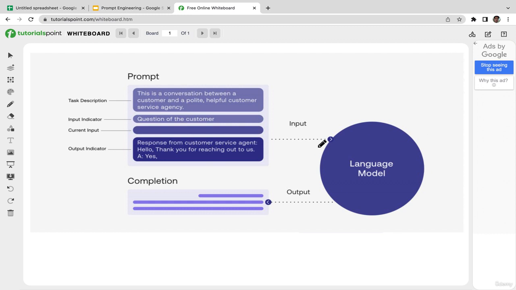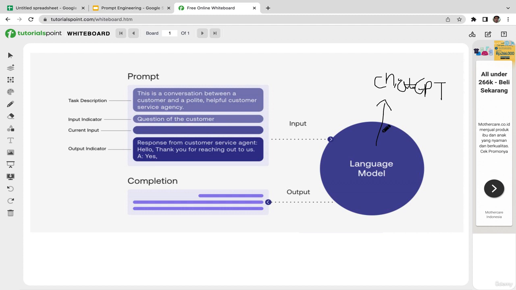As you can see here, we have the language model. This is our ChatGPT. This circle represents ChatGPT. I'm sorry if my handwriting looks kind of weird. I'm not really used to this whiteboard, to be honest with you. The dataset used by ChatGPT is the pre-trained dataset, and the model is GPT-4, right? GPT-4. Let me write that down first. GPT-4, here we go. Okay, cool. So as you can see here,